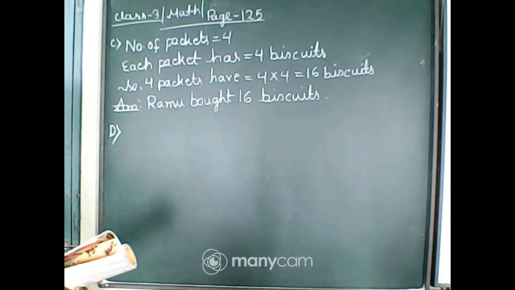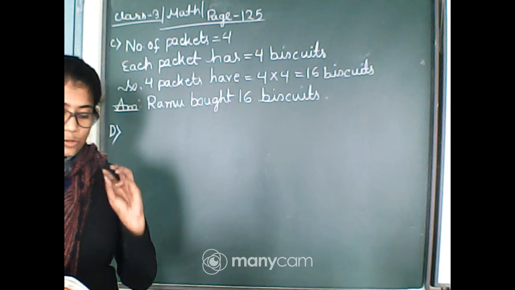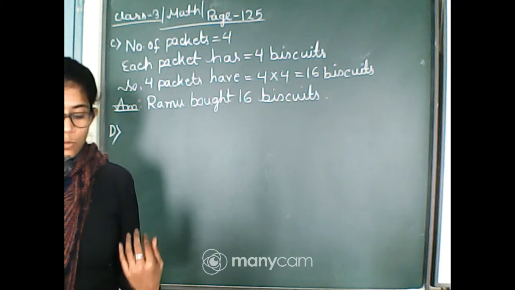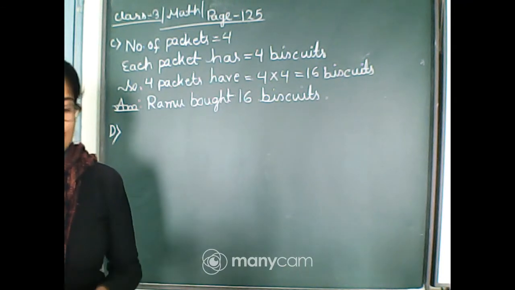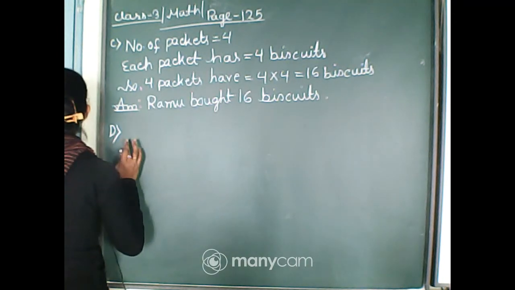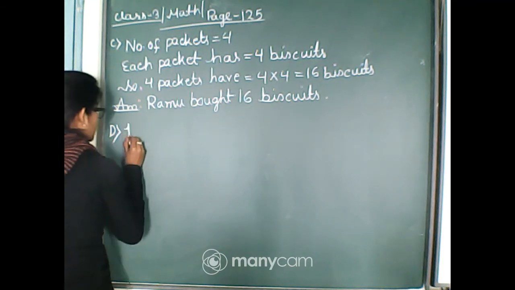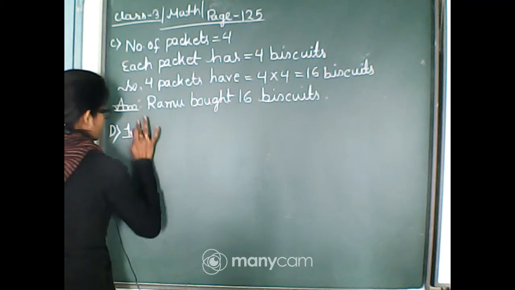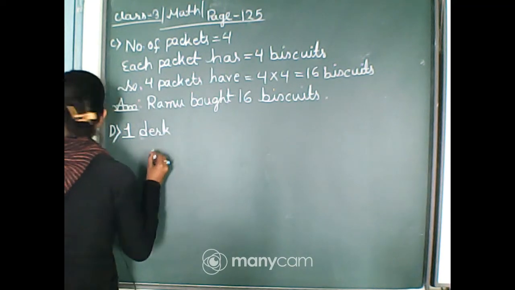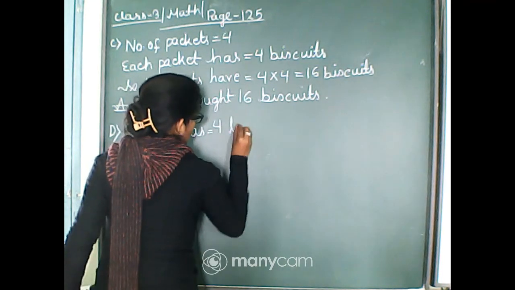So it is also the same. See, they told you how many legs one desk has. So now you have to find out that 12 desks have how many legs. So this is another way of writing the story math of multiplication. This one also you can follow, that 1 desk has equal to 4 legs.